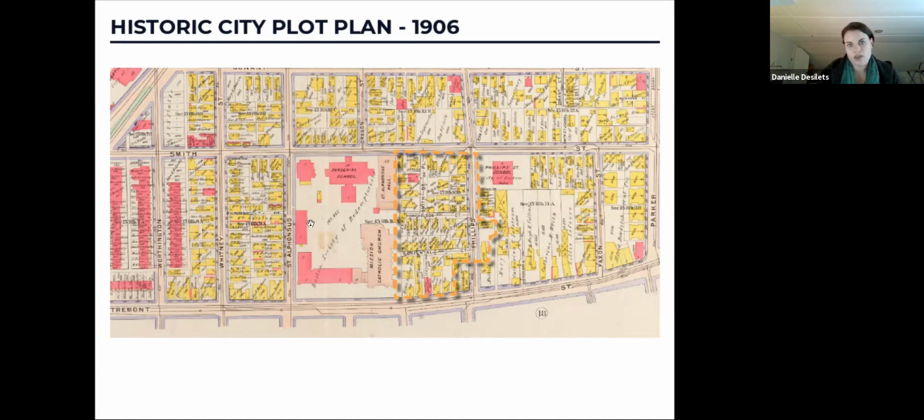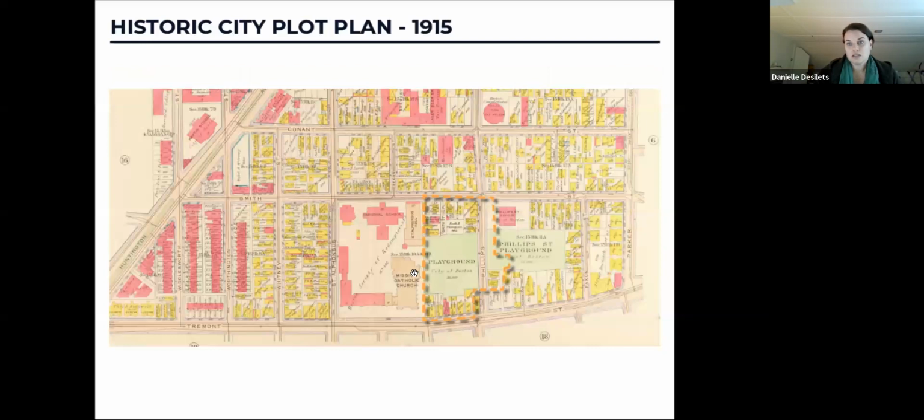You can also see how there's Phillip Street that cuts through kind of where the driveway is now that lets you access the library and the school, but more meandering. You can see again, those residences were all still there. Shortly after this, in the next 10 years, the city took the land, and you can see how they've established an area for a playground. Some of the residences are still there, but the playground actually expanded across that Phillip Street, across that block to behind where the library is now.